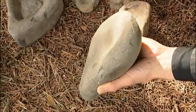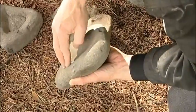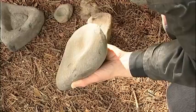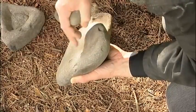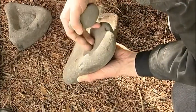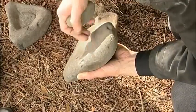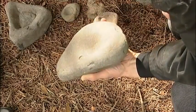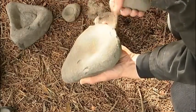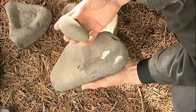And so what they would do, to get them to be rough, is actually peck them and rough up the surface so that it would help grind the food better. And as they did that, it would keep working its way down in. This one here doesn't look like it was too roughed up. Maybe a little bit. That could have been just a natural break. But anyway, and then the mano, we got smooth